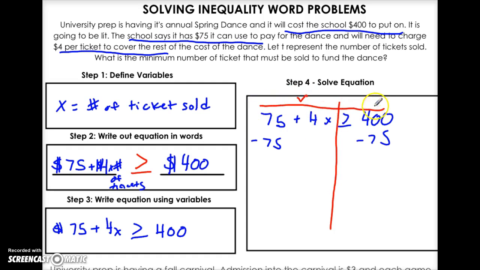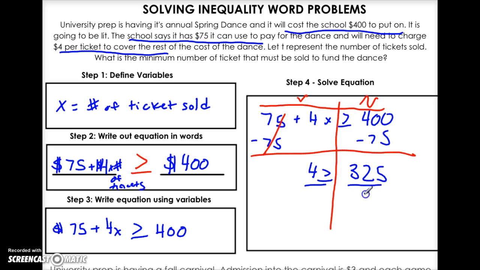Variables on this side because it's the only side with variables. Numbers on this side. Cancels. And we get 4x to be greater than or equal to 325. Divide both sides by 4. And we get, x has to be greater than or equal to